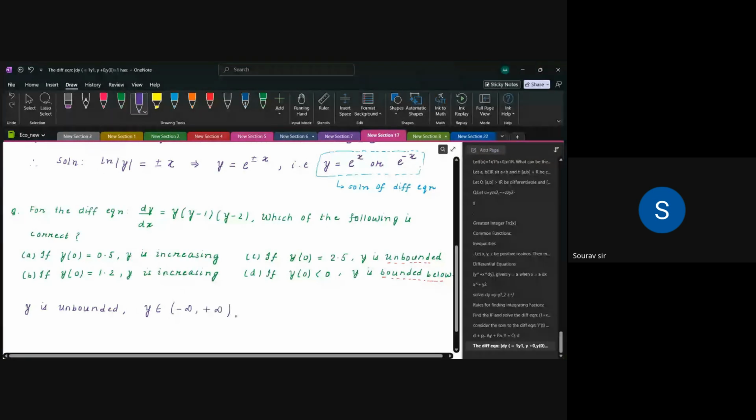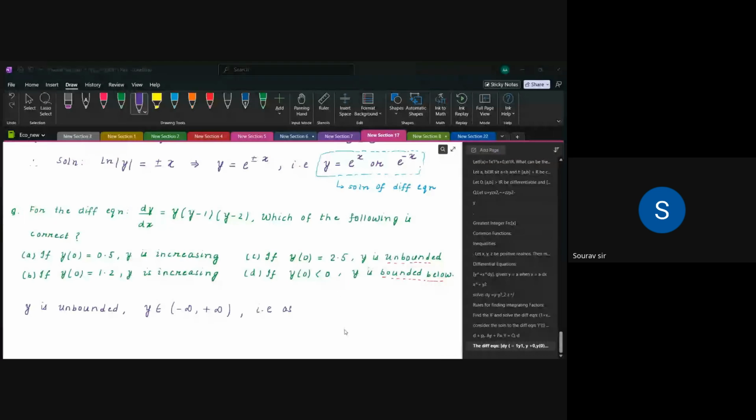Okay, so you can think of it like as x tends to infinity, y tends to infinity, or minus infinity, things like that. Okay, so if you go on increasing the values of x, then the values of y can continuously go on increasing or continuously go on decreasing, depending upon whether the function is increasing or decreasing. All right,